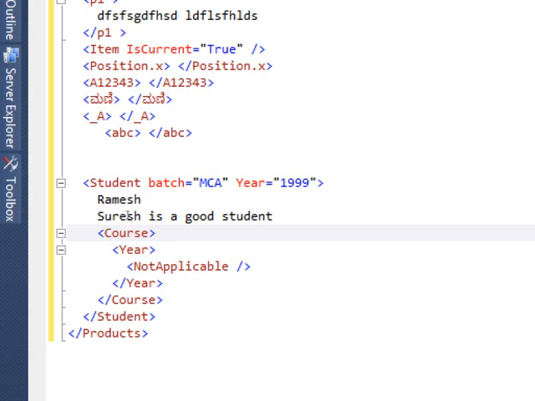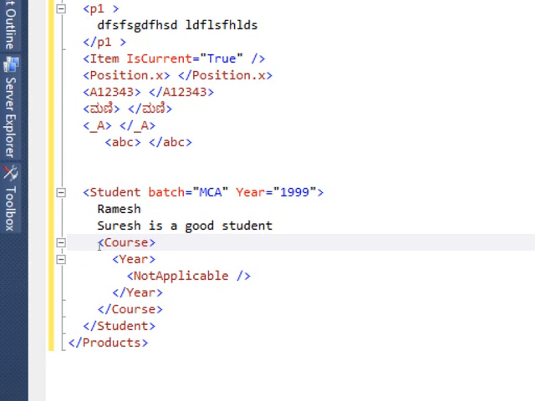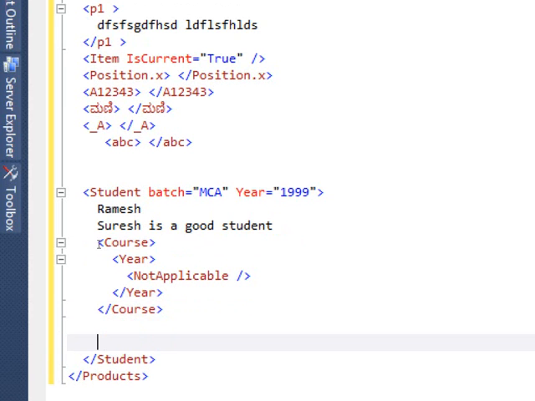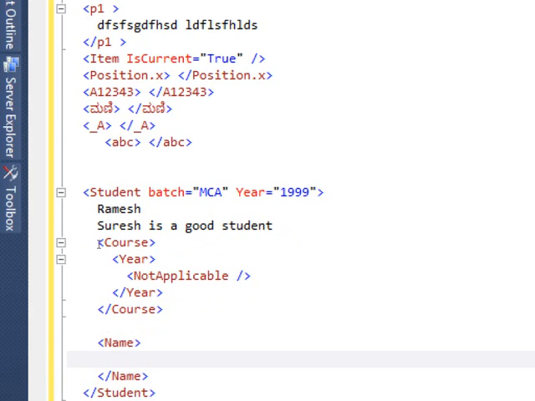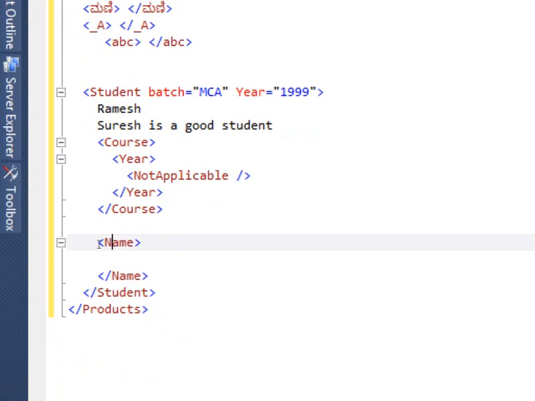Now again the question is, you may say, okay, well and good, I will go over here and create a name like this. Just look at the way I'm doing it.